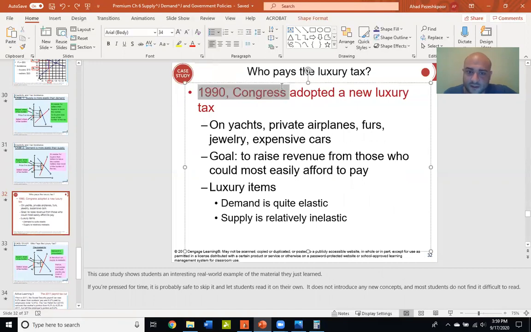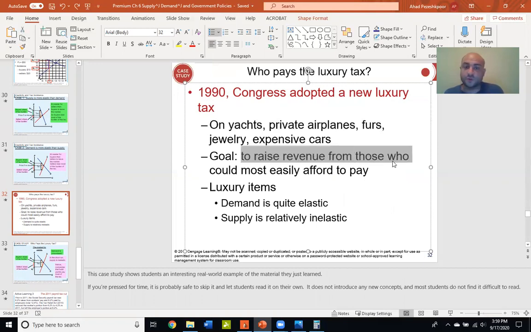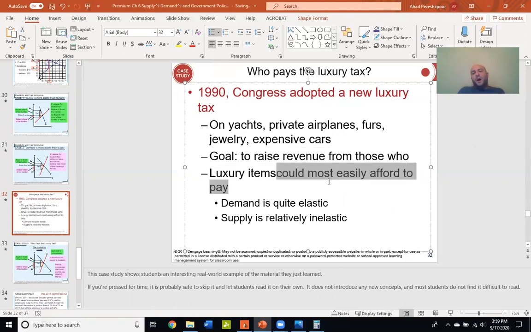you see, adopted a new luxury tax on luxury boats, private jets, fur, jewelry, expensive cars. The goal was to raise revenue from those who could most easily afford to pay. Everyone says, okay, if you're buying a private jet, you can afford to pay 10%, 20% more. You can afford to pay another $10,000 as tax. You're already super rich. But then